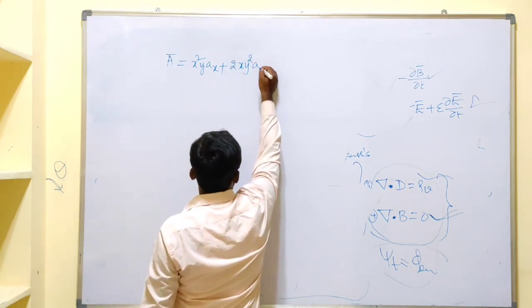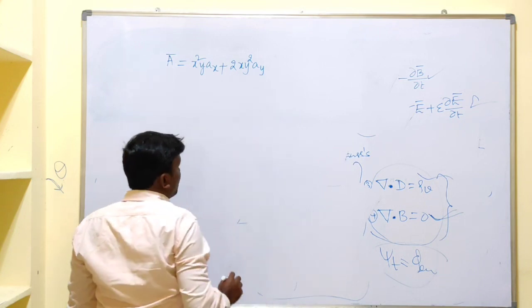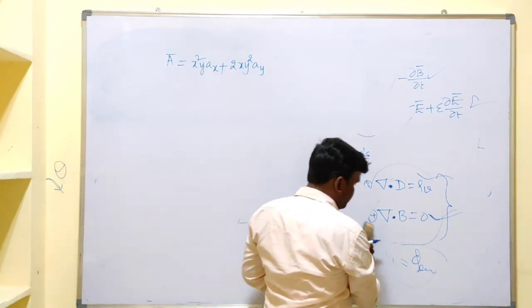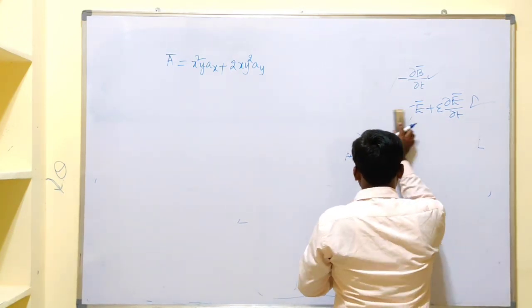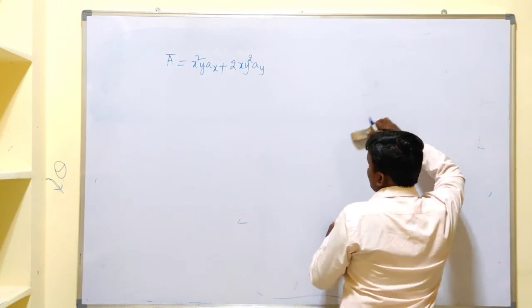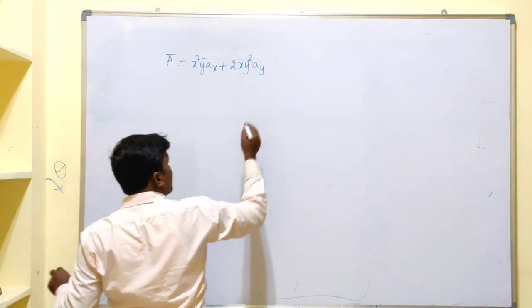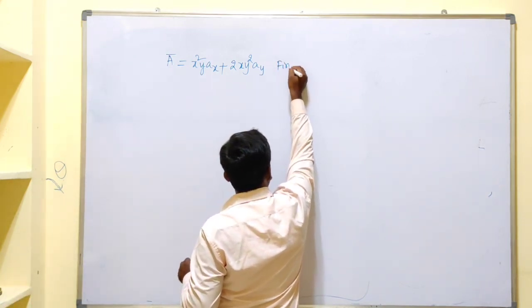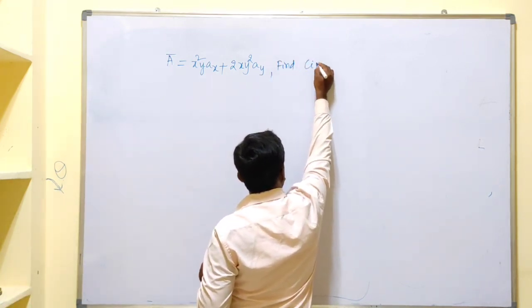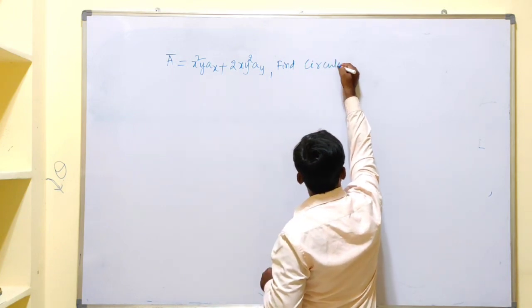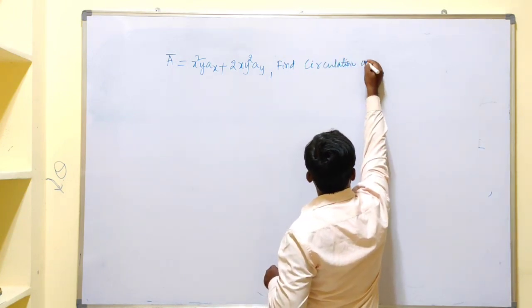Let us consider it like this. Find the circulation of A